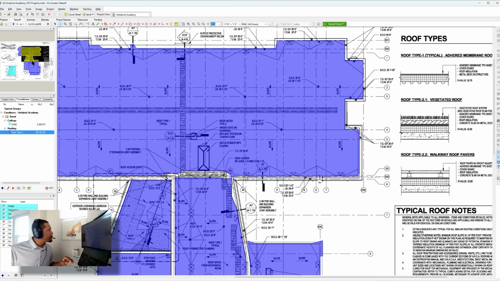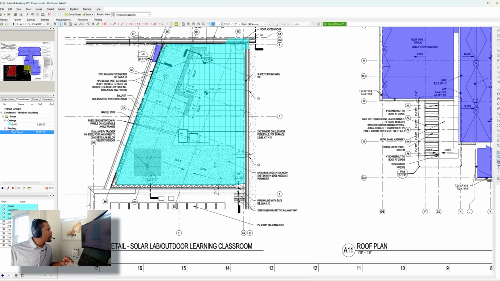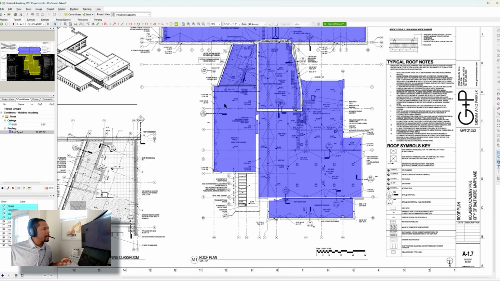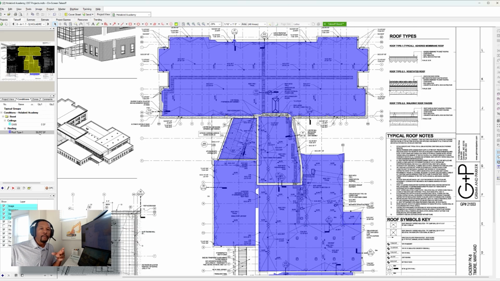Now there's another item that is created for gypsum wallboard, which is here. And we actually don't need this. This is just that solar lab at a larger scale. But we're going to do our takeoff on this 1/16 scale. All right, so now we're going to duplicate our condition twice to create the roof type 2.1 and 2.2 as is indicated. So to do that, very quick. All right, so there are our roof types.